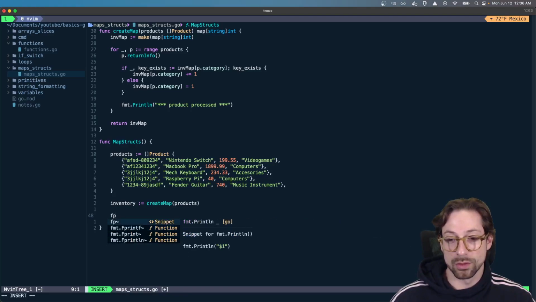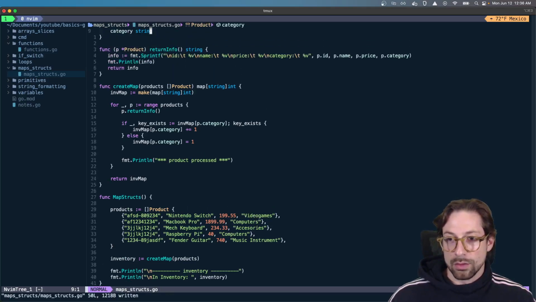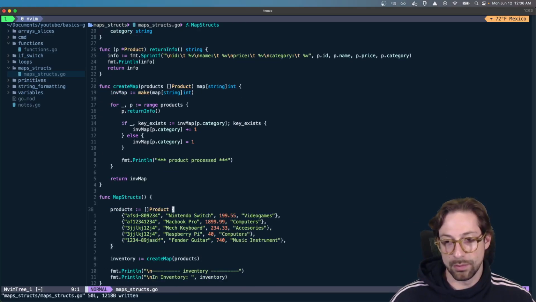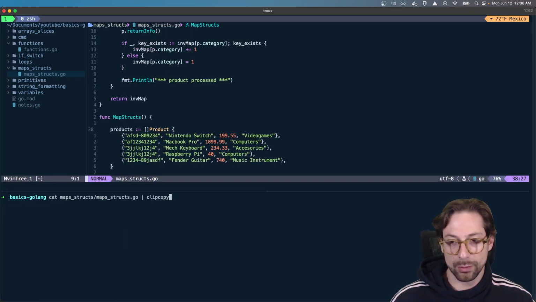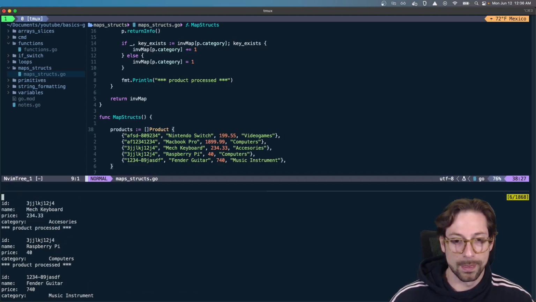And here I'm just going to print kind of like a division line. So inventory, then I'm just going to yank the word and paste it there. Okay. So yeah, I believe that is all that we need. So I'm going to go ahead now and run this, and as you can see, we have